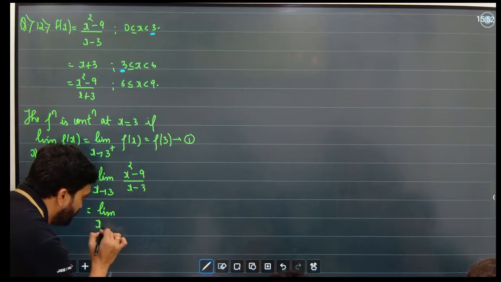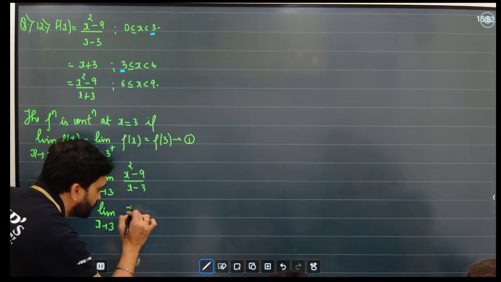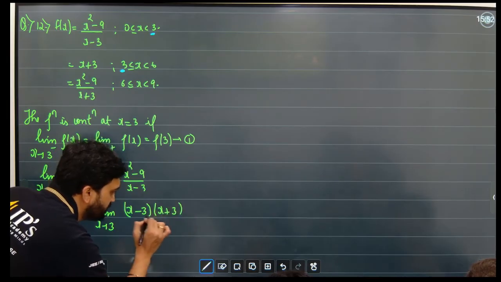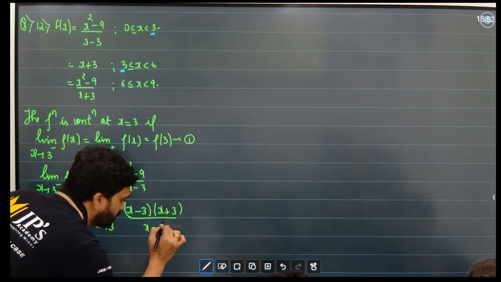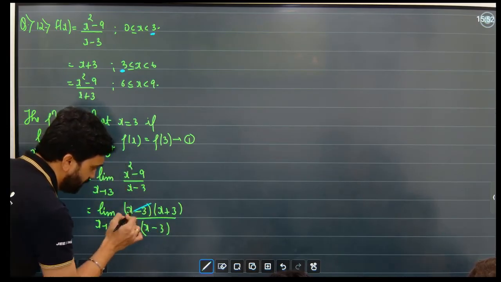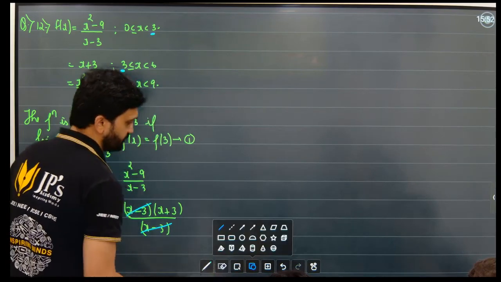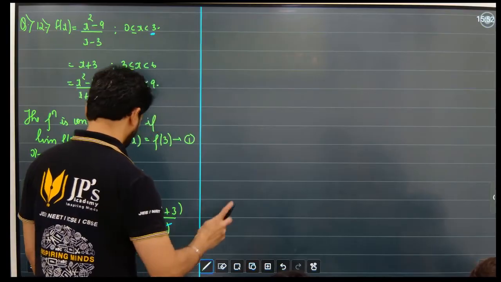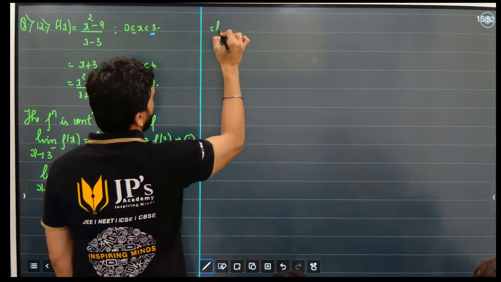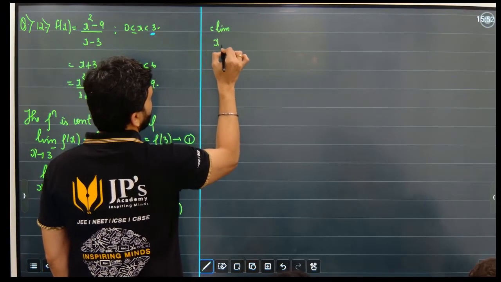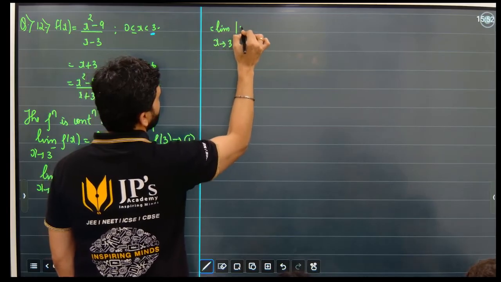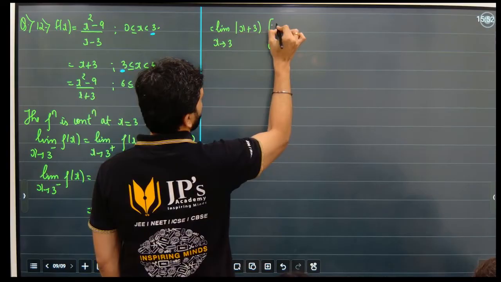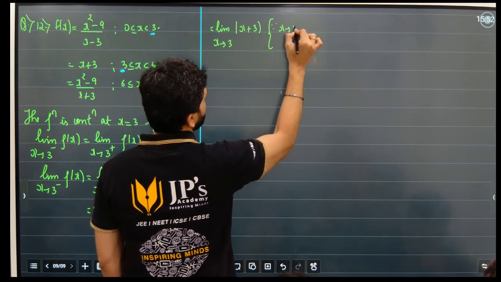So this will become limit x tends to 3 (x minus 3)(x plus 3) upon x minus 3. ये निकला मेरा x minus 3, ये निकला मेरा x minus 3. So I am left with limit x tends to 3 x plus 3, and my reason is whenever you cancel something, since x tends to 3,